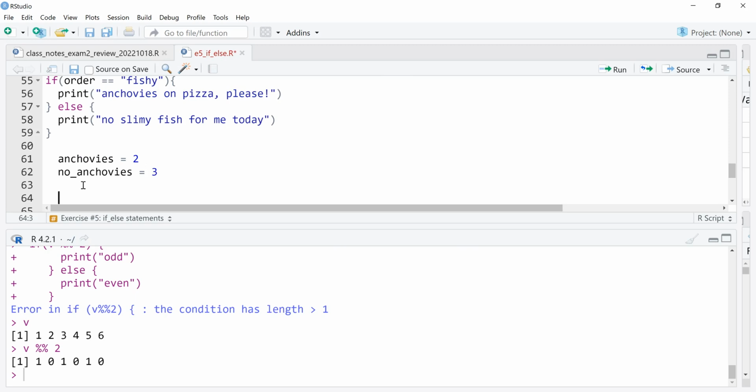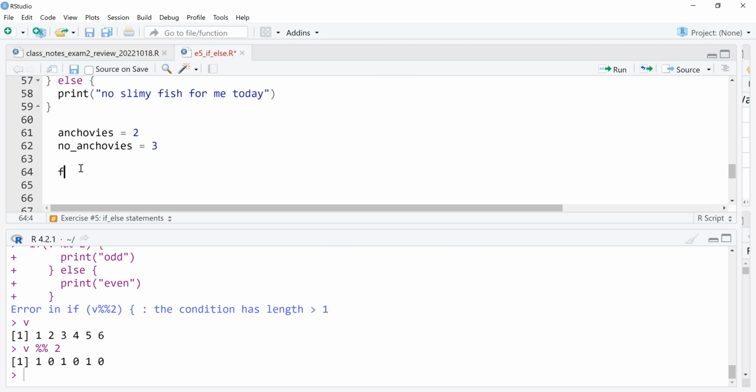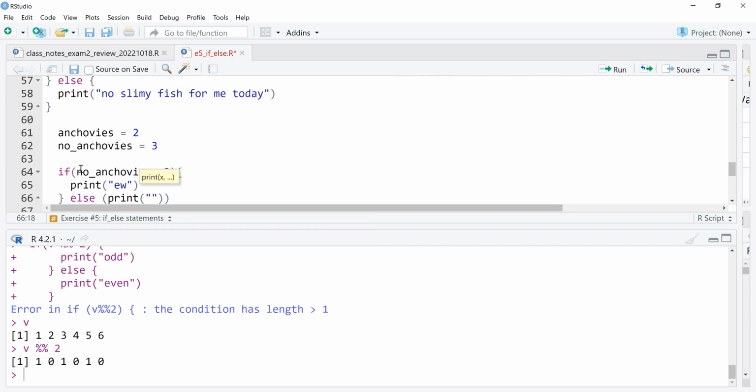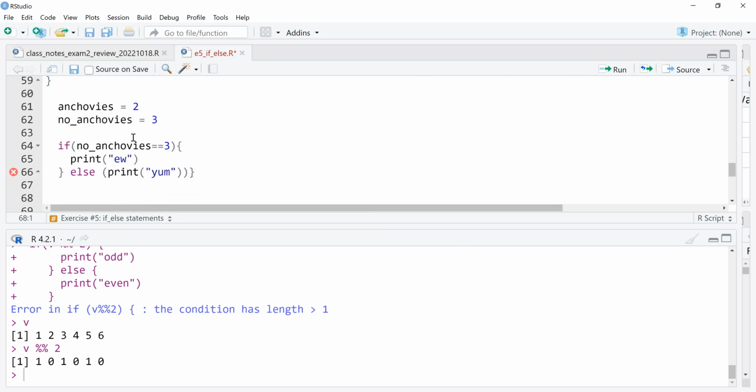And then what did you write? And then I wrote if, and then I put the open parentheses, non-anchovies, 3. And then the curly bracket. And I put print field in parentheses and then quotation marks. And parentheses with the else, and the open bracket, and then I put print young. Like this. And then the curly bracket, and then return what I want. So it returned what you wanted